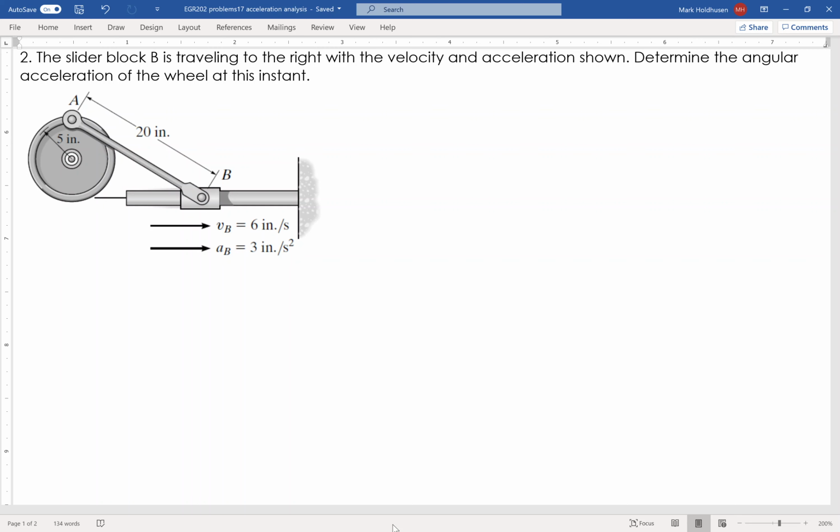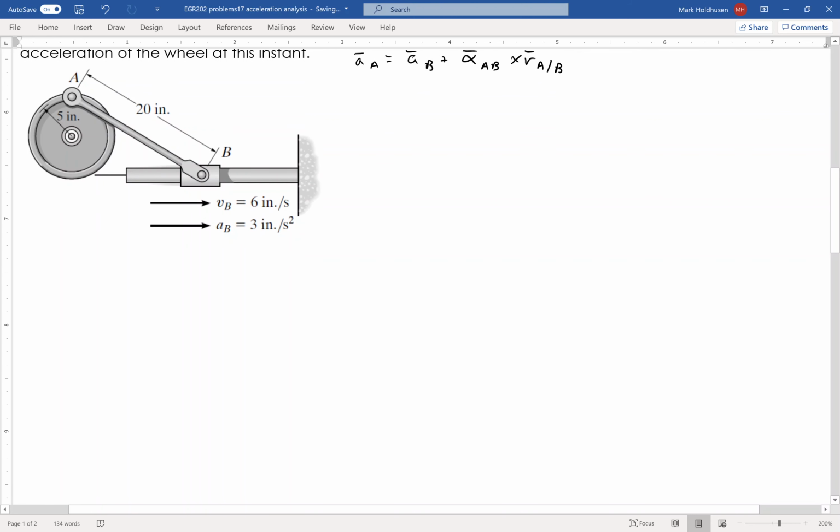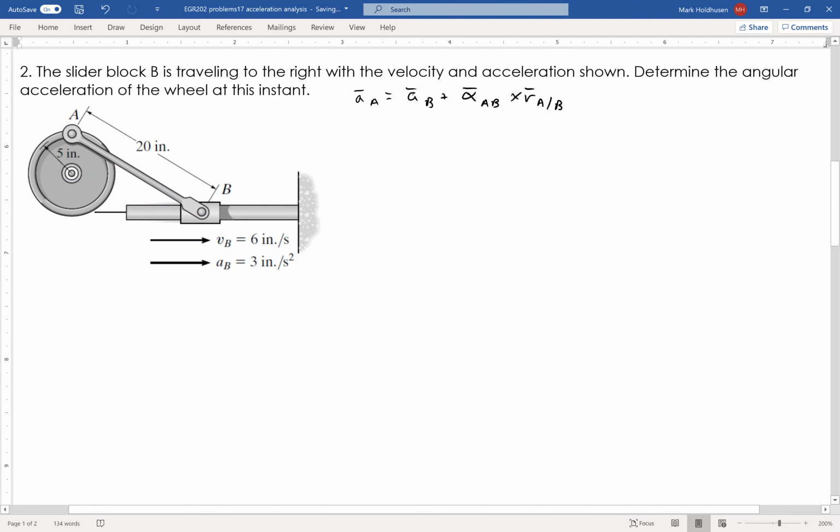So I'm going to determine the acceleration of A equals the acceleration of B plus alpha of AB crossed with R of A with respect to B, minus omega AB squared R of A with respect to B. Now, the first thing that jumps out is the fact that I need to find omega AB before I can